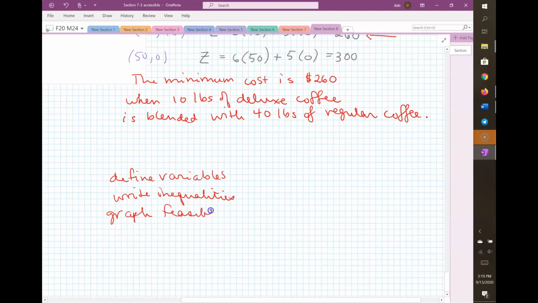Then you need to construct your objective function. What are you trying to maximize or minimize? Then you need to find the corner points. We actually did that in the previous section. Then you need to evaluate